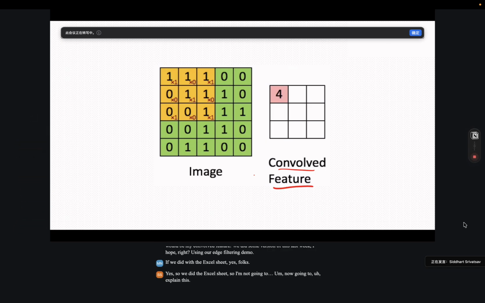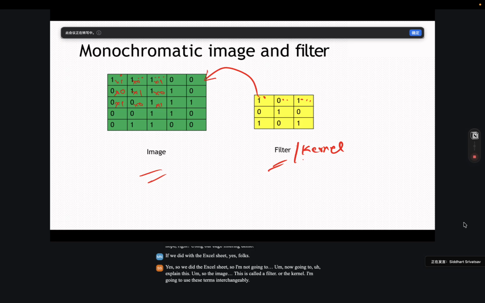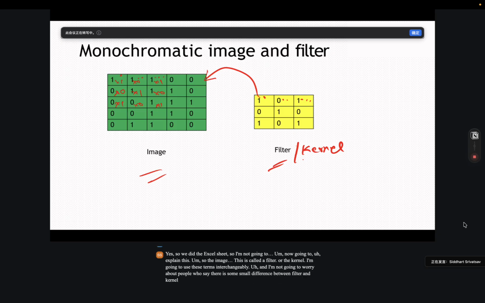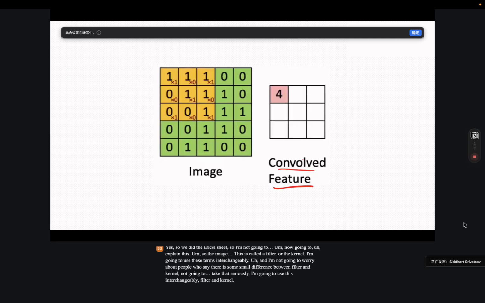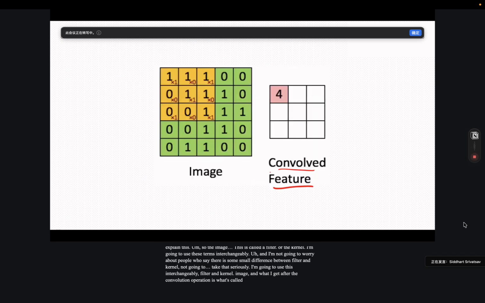explain this. So the image, this is called the filter or the kernel. I'm going to use these terms interchangeably, and I'm not going to worry about people who say there is some small difference between filter and kernel. I'm not going to take that seriously. I'm going to use this interchangeably, filter and kernel, image, and what I get after the convolution operation is what's called the convolved feature, right? So convolved feature is this, and